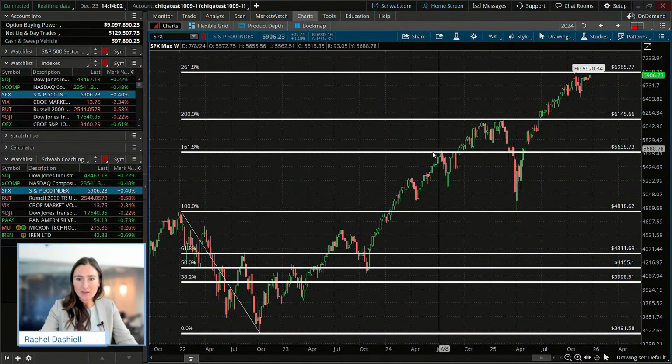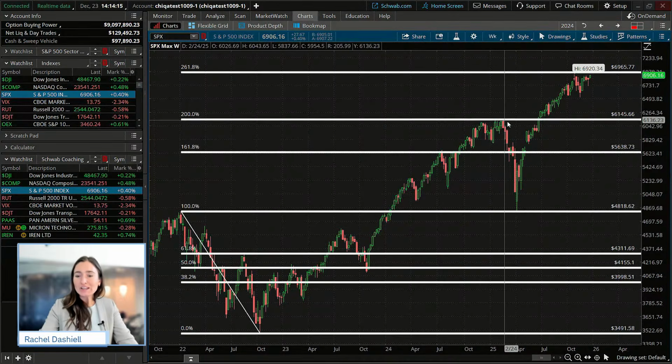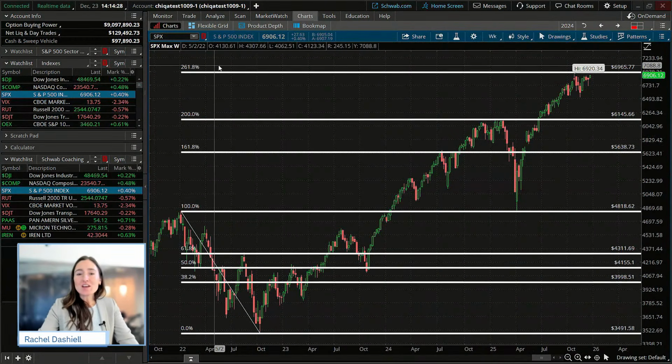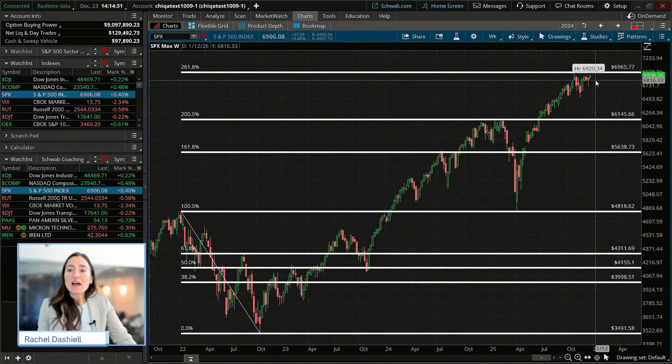And we actually saw that as early as July last year, before we had a bit of that correction there and we eventually moved above it. But then we saw more profit taking at that 200% level. And what do you know, it retraced all the way back to that 100. And then most recently, it stalled out almost exactly at that 261.8 retracement level to the upside as well. So it actually just shows how these mathematical levels can really translate to markets and why traders will use these.